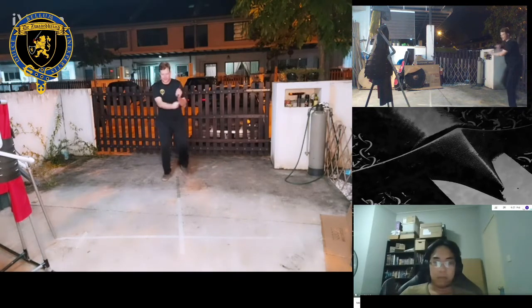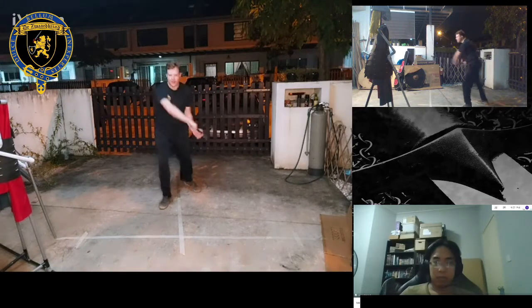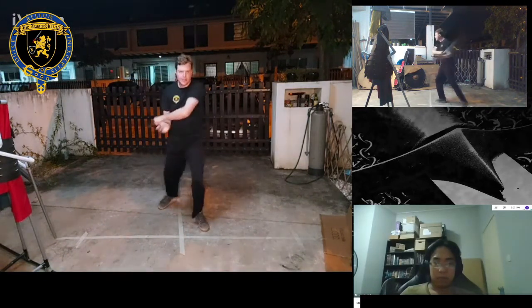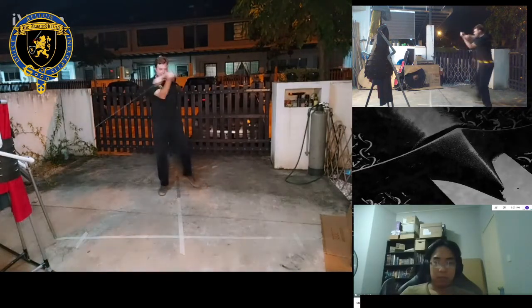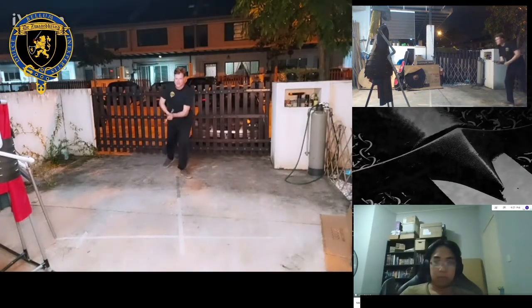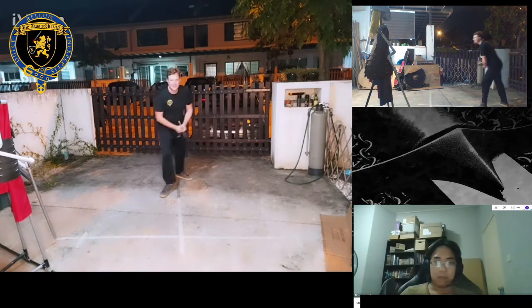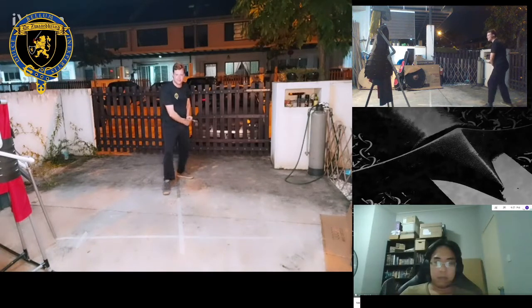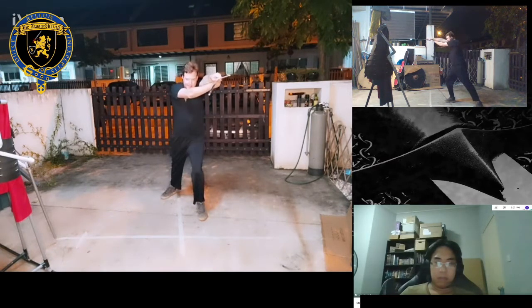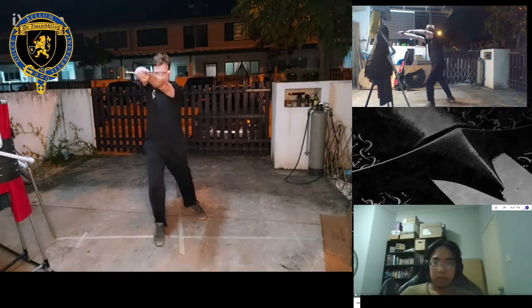Cut 1, diagonal. Cut 2, diagonal. Remember, we have to pull back our hands to keep them safe from our enemies. 5, 6, 7. Oh, shoot. 7. Can't go further back. 8. 9, 7, and 8. One more time. So from my hip to 7, I start on the right. I thrust over right. And 8, I start on the left. And I thrust over left.